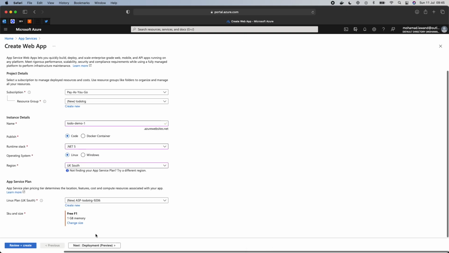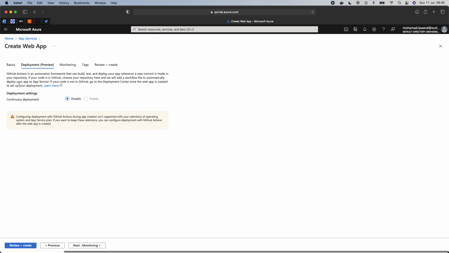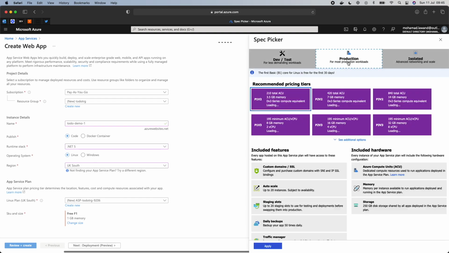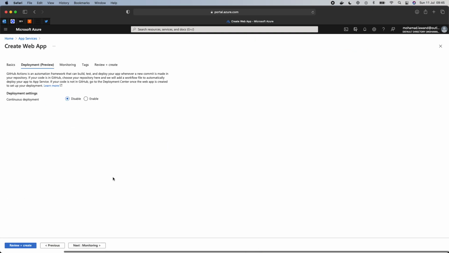And once we have done that, we're going to go into the next, which is deployment. So here we're going to say continuous deployment, so we can have everything ready. We're not going to choose the free tier because we're not really going to publish it. Let's choose production, and we choose this one, apply. And now let's choose a different one. So here it's going to ask me if I want to enable continuous deployment. If I have, for example, a CI/CD pipeline, and I want to integrate that CI/CD pipeline with this web app that I'm creating, I need to say enabled, but for now I'm not, so I'm going to leave it